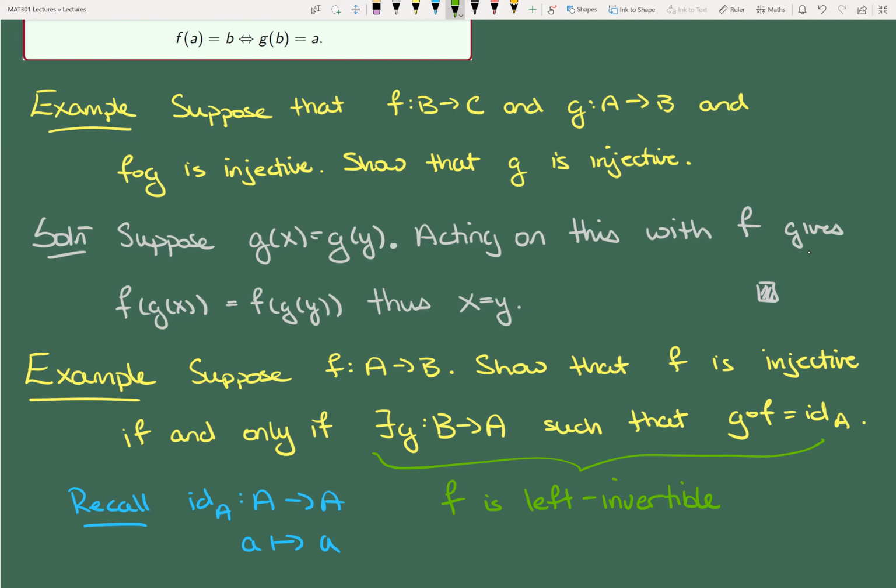Now, there are two directions you're going to have to do here. So you're going to have to prove two things because it's an if and only if. I'm going to start by telling you, I think the converse direction, the backwards direction, is actually the easier of the two. So you might want to start with that one. So suppose that f is left invertible, show that f is injective. I think that's probably the easier one, especially in light of the example we just did. And then the forward direction requires a little bit more work.